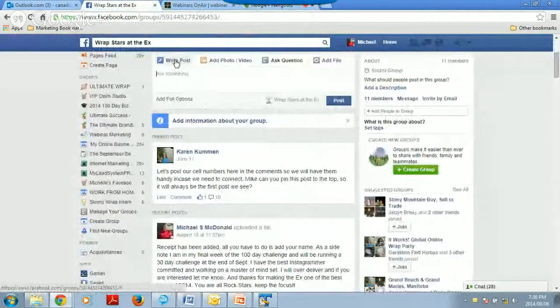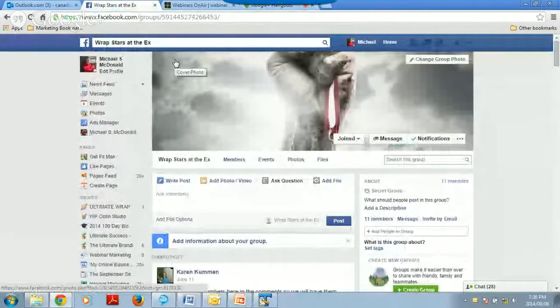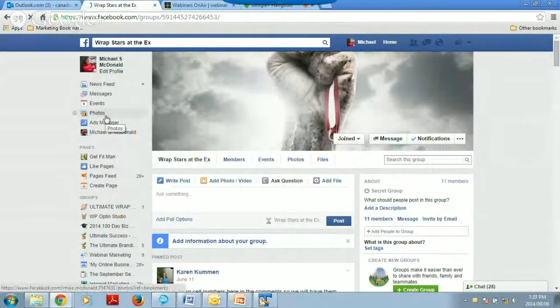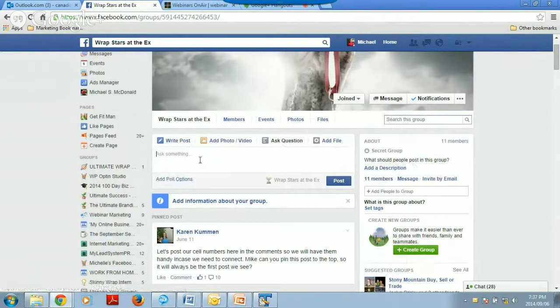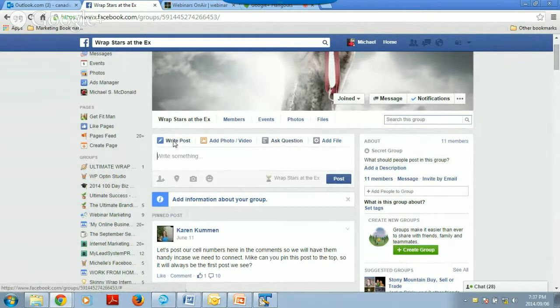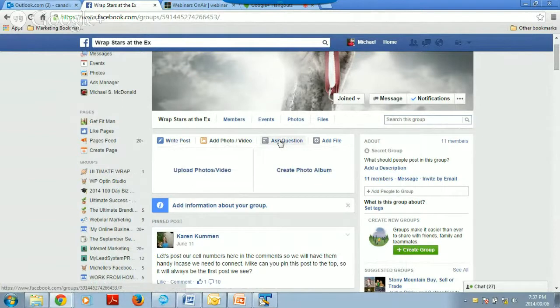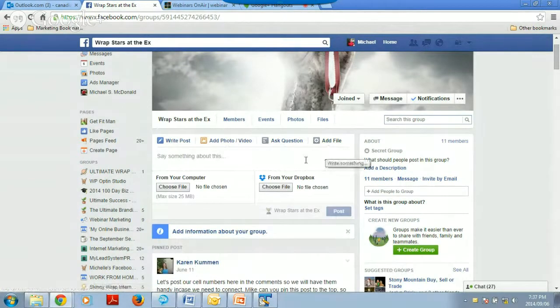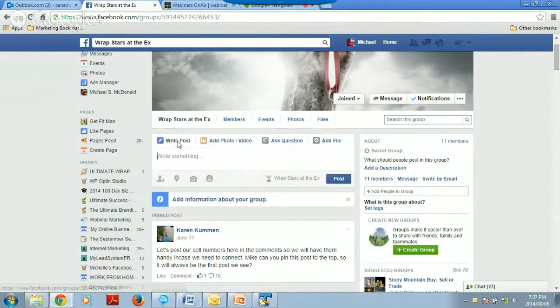Okay, so here we are. We're in a group right now that I am an administrator of. Now, you don't have to be an administrator to use these. I'm just doing it because I don't want to go into any other groups right now and make a post. So whenever you go in a group, you always have the post box up top, right? Where you can make something. You can write a post, you can add a video, you can ask a question, or add a file. Now, what's going to make you stand out? Everyone writes posts, right? They write posts all day, and chances are a lot of people aren't even going to read them.